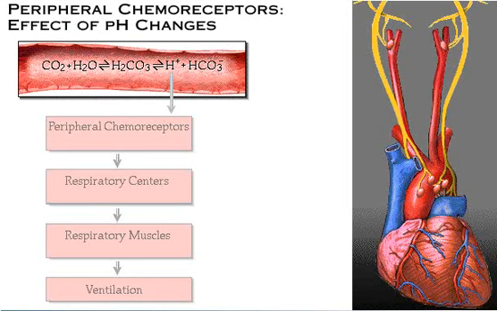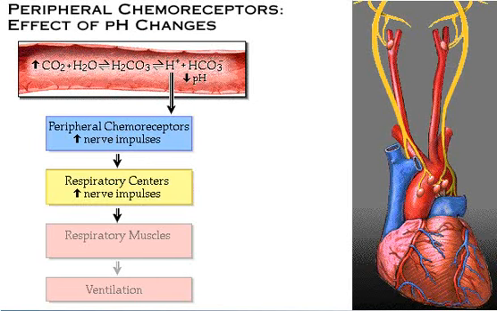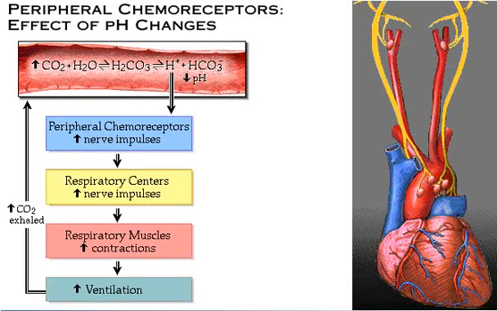Now, let's look at the role of the peripheral chemoreceptors. Increased carbon dioxide levels in the arterial blood result in decreased blood pH, which stimulates the peripheral chemoreceptors. They respond by sending more nerve impulses to the respiratory centers, which stimulate the respiratory muscles, causing faster and deeper breathing. More carbon dioxide is exhaled, which drives the chemical reaction to the left and returns the PCO2 and pH